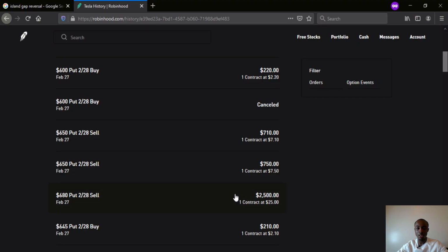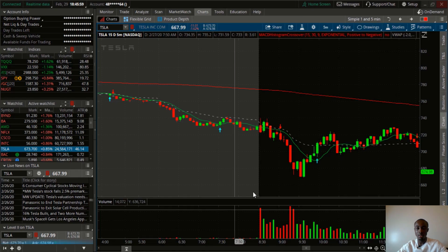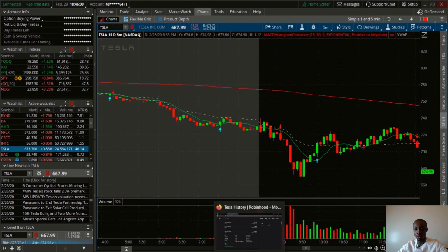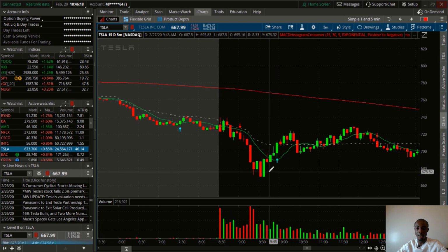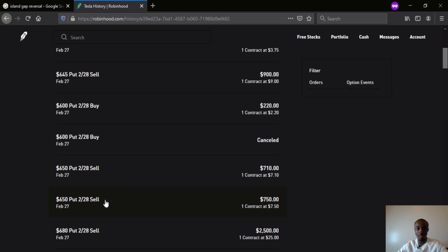All right, the first time I took profit was at exactly 10:22, which is 9:22 in Central Time. All right, and that one was right here in this candle. I took my first profit right here in this candle, my most expensive option, for $2,500. Okay, that one I got out at that price, and then I took the rest of the options. I took the rest of the money off the table later that day,